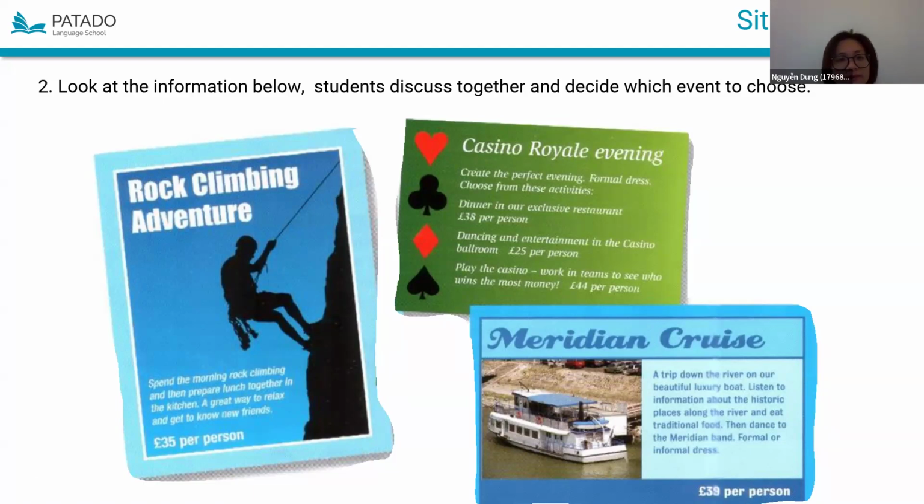Discuss, spend the morning rock climbing, then you have lunch. Okay. So I suggest an outdoor activity this weekend. We can find a school for a rock climbing adventure.